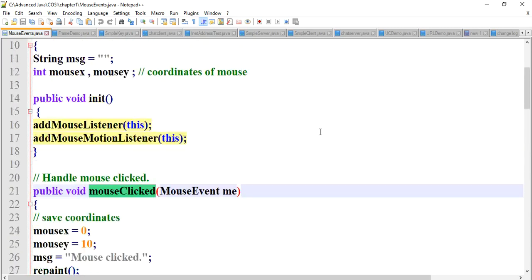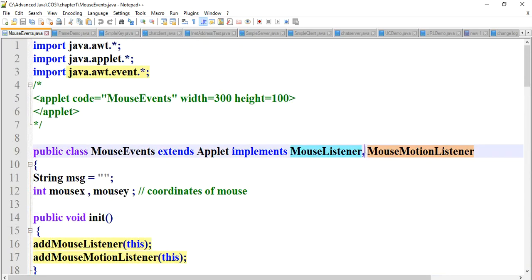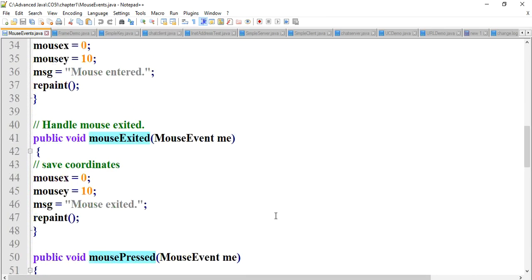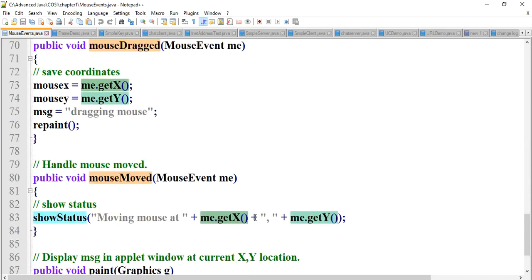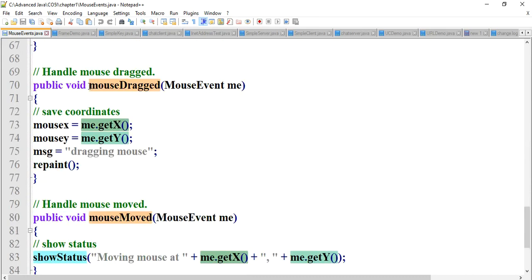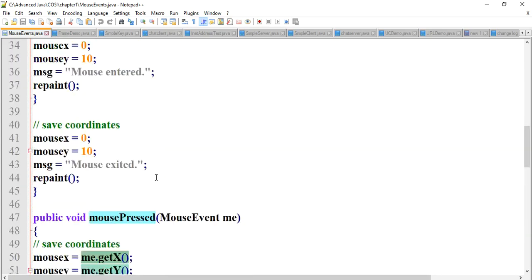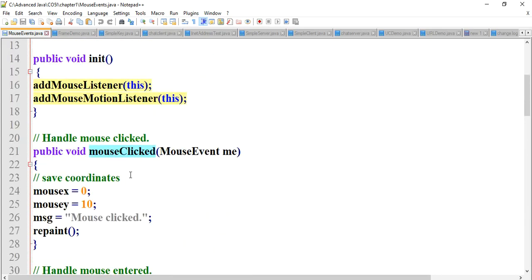The second listener is mouse motion listener. Mouse motion listener has two methods. Which two? mouseDragged and mouseMoved. These two methods belong to mouse motion listener. Now we'll see each method one by one.